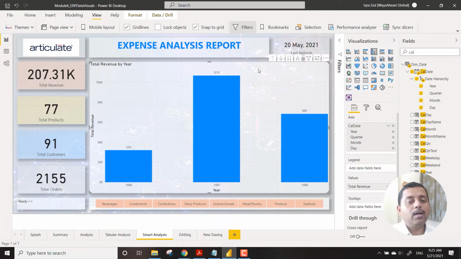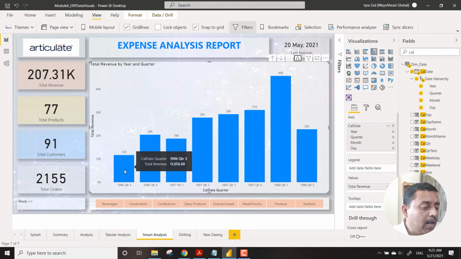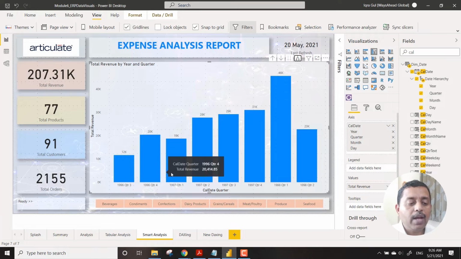There are two types of visualizations that we see over here. The first type is, can we go deeper into this? We have this one level hierarchy, and we see that we have data from 1996 quarter 3 and quarter 4, but we have full data, quarter 1 to quarter 4, for 1997.